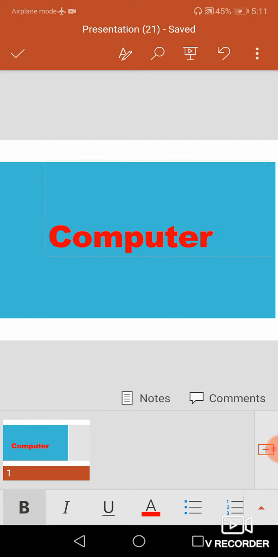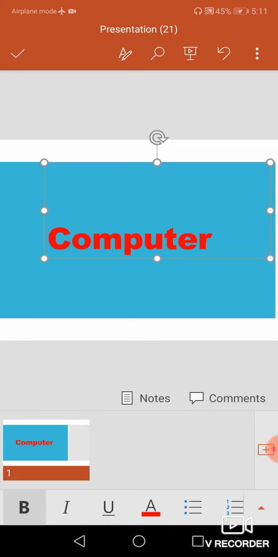Okay, this is the first thing: we have to start typing our content, and then we have to give the font size and color, and align the content either left, right, center or justify. And then we have done the three options: bold, italic and underline. So these are the few basic things we have to notice while creating our presentation to make the content more attractive.